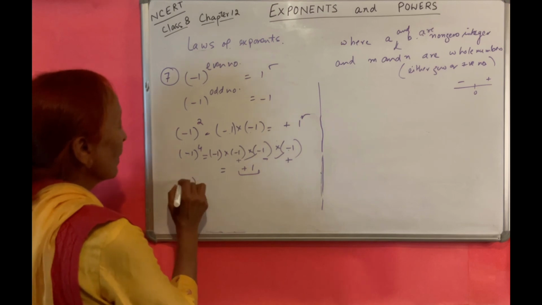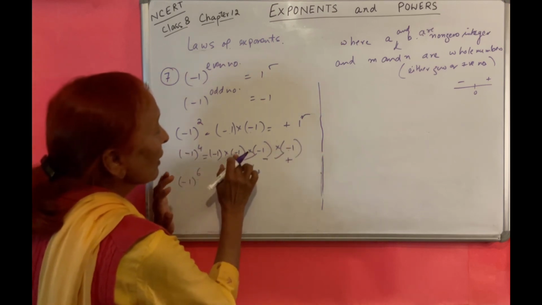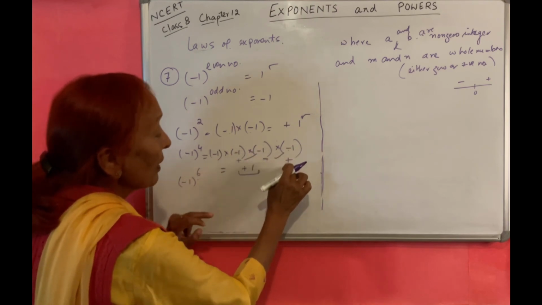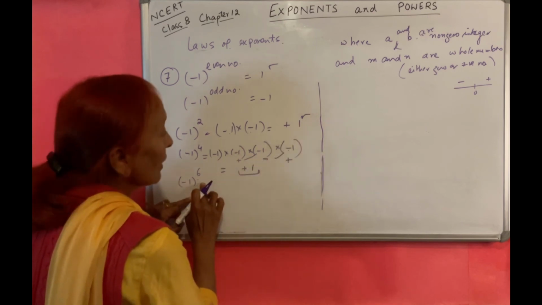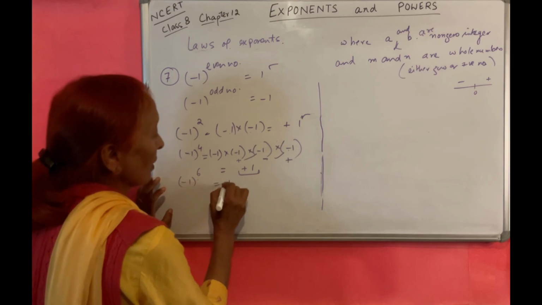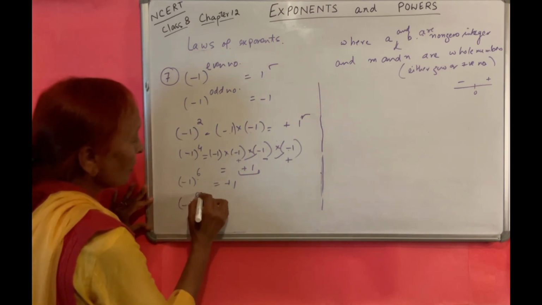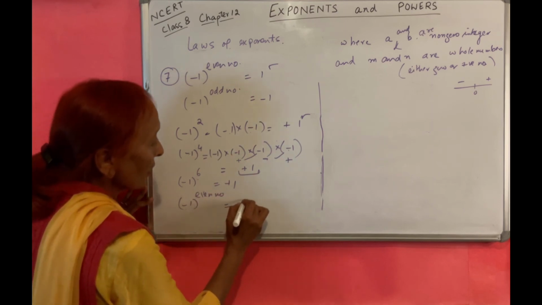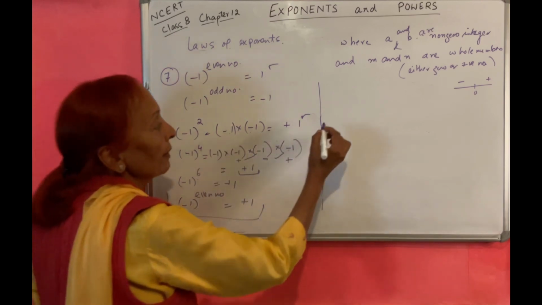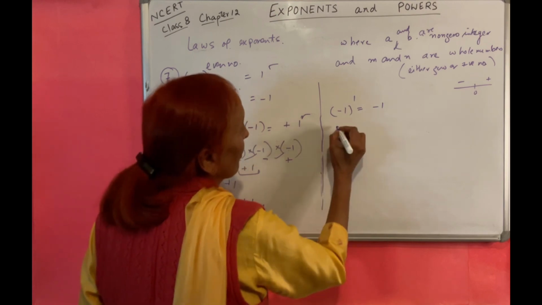Similarly, if I do minus 1 raised to power 6, this is also an even number. तो even number का minus into minus plus, plus into minus is minus, then minus into minus is plus. 2 more minus 1 आ जाएंगे 6 में, तो plus into minus minus, then minus into minus plus. ठीक है. For any even number, minus 1 raised to power even number is plus 1. Right? अब लेते हैं odd number. Minus 1 is odd. This is minus 1 only.